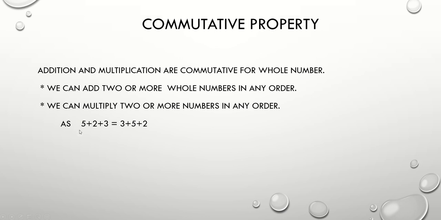As we have an example here, 5 plus 2 plus 3. Try to solve the left hand side. 5 plus 2, I am adding 5 with 2. That would be 7. 7 plus 3 would be 10. Now solve the right hand side. Now you are adding 3 with 5. That would be 8. 3 plus 5 is 8. Adding 2 at the end, 8 plus 2 is 10. Is the answer different? No. The answer would remain the same. Means you can add the numbers in any order. If the numbers are the same, then the answer would remain the same.